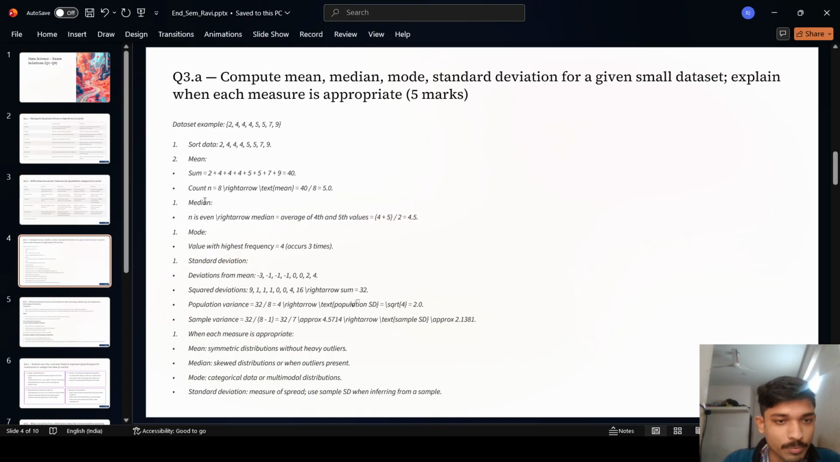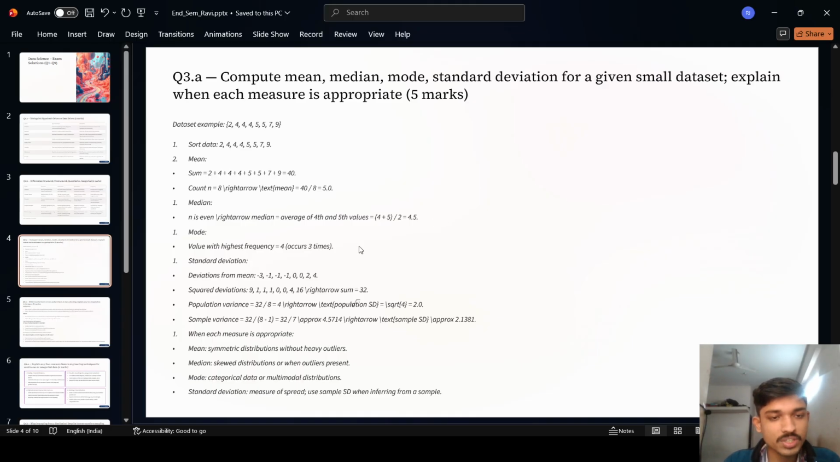So the number of values is 8 and the sum is 40, so the result becomes 5: 40 divided by 8. Median: if the data is even, the median is the average of the n by 2 and (n by 2 plus 1)th terms, divided by 2. And if the data is odd, the median is the middle term. Here it is even, so we have to take the average of the fourth and fifth values, so it becomes